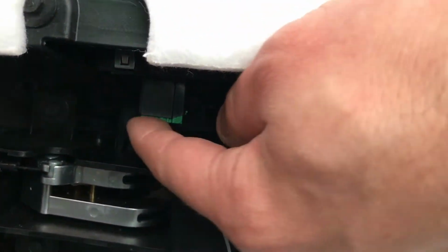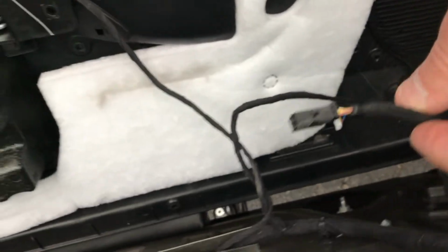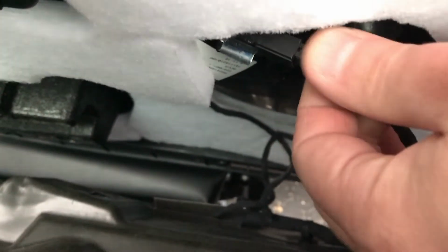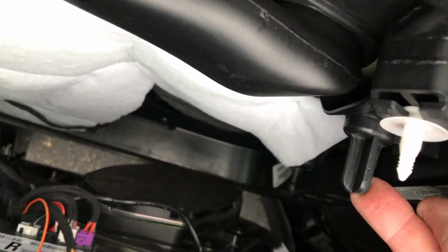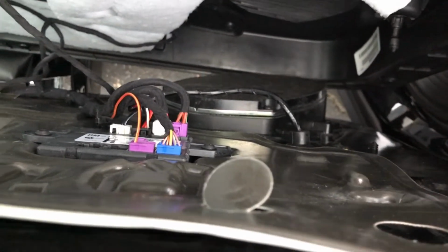So we've got this installed. We have this one. It's right above the door lock here. We have the light down here with the push pin going towards the back of the car. And then we have this last guy, which you bring all the way up. Install there. Now you're going to want to take this piece here and align it with this hole right here. So piece, hole, pin, hole, and we have